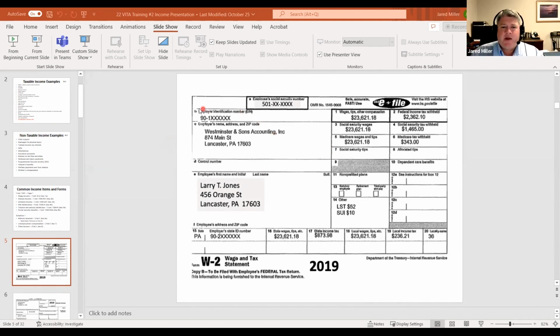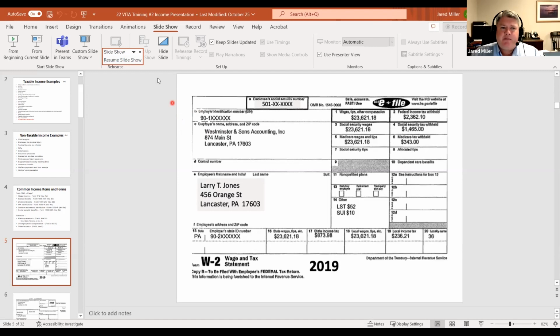So just a couple things to point out for us here. Very important that we get the employer identification number down correctly. That's this number up here, which will show us what the employer's identification number is. That will actually help trigger the information to populate inside the tax return, and also allow the IRS to match that W-2 at the end of the year when they process the returns.